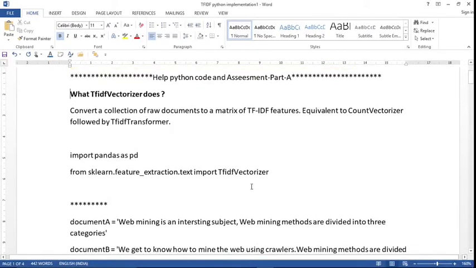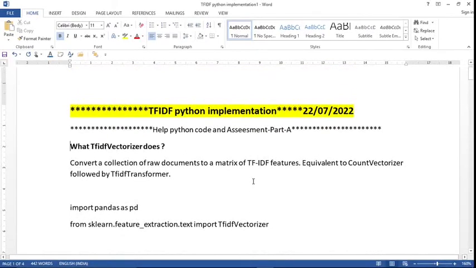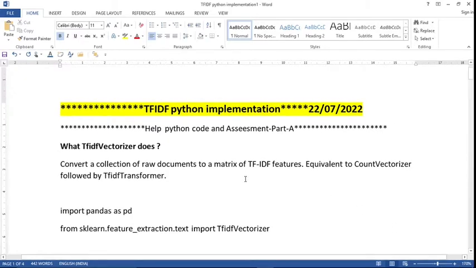Okay, so we are going to see the TFIDF implementation. This will be your file, you can use this file. So TFIDF, you know, term frequency, inverse document frequency. So we'll be using one